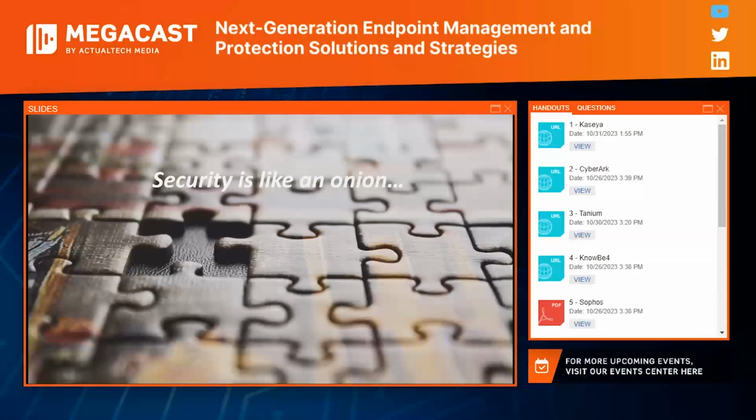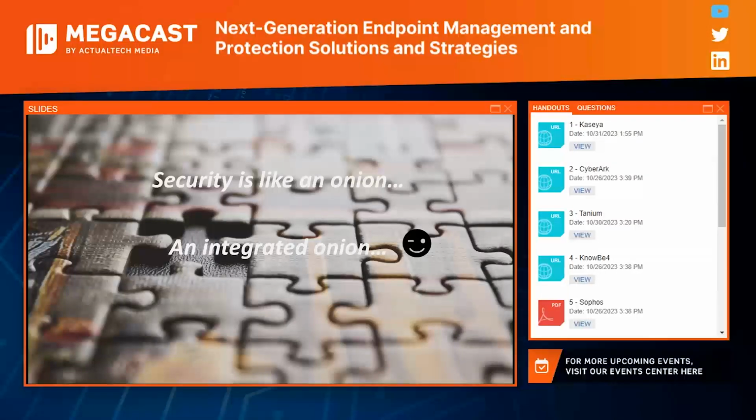Hopefully, you've heard that saying before. You have to implement security in layers, but it also needs to be an integrated onion, if you will. I'll just coin that term myself. So you have to fit together the pieces of the puzzle very intelligently, and that's what these types of next generation solutions can do. You don't want to just blast out a shotgun of different solutions that don't complement each other well. You need complementary and integrated solutions.